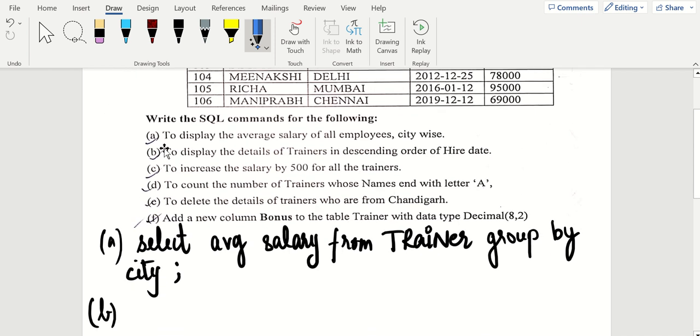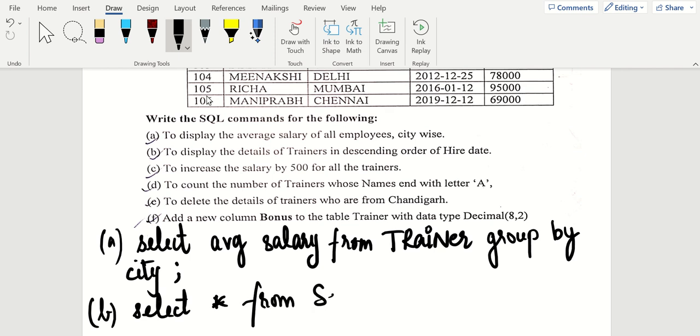So when all these, that is when we need the details, we will give select star, right? Select star from the table name, that is trainer. Select star from trainer, order by. Here we are going to use the order by command because here it is given in the descending order of hire date. Order by hire date,